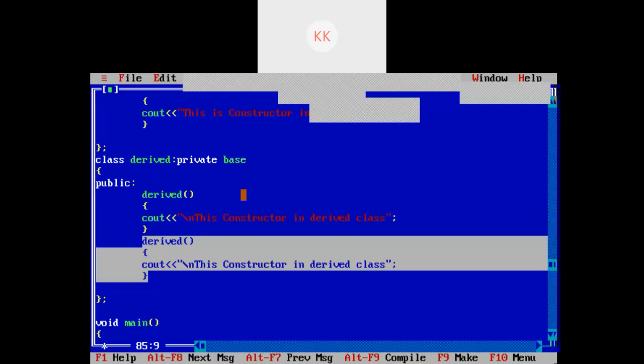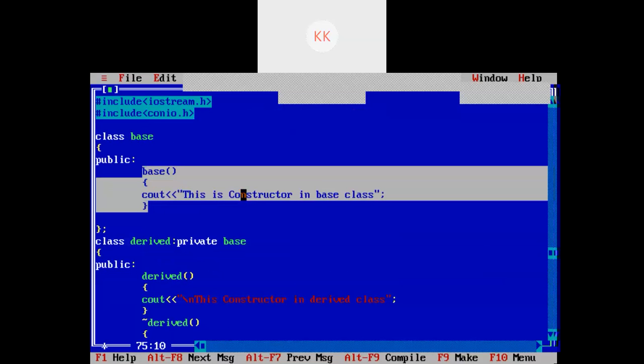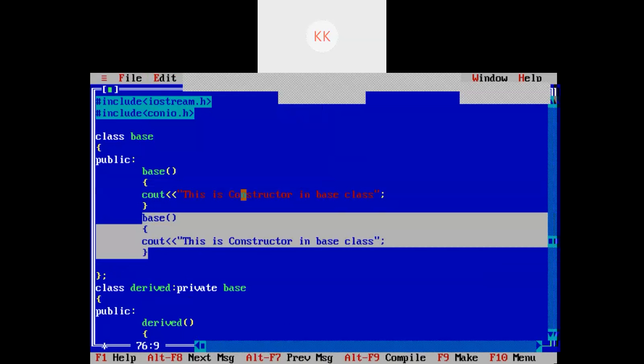So what is a destructor? A destructor is a special member function which is invoked automatically when an object is destroyed. Similarly, I will create a destructor for the base class.